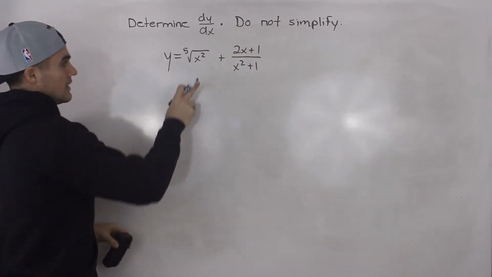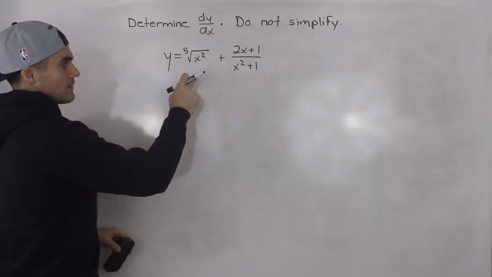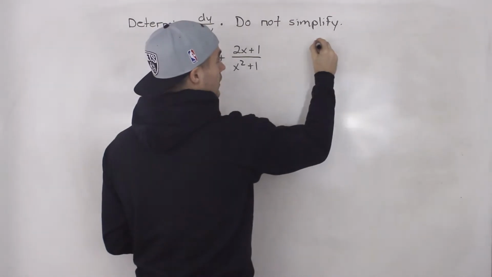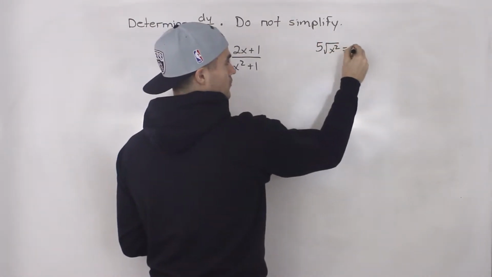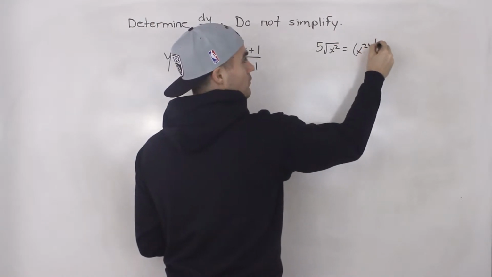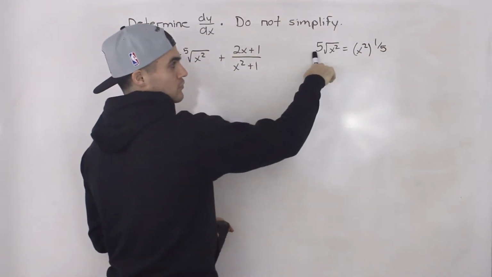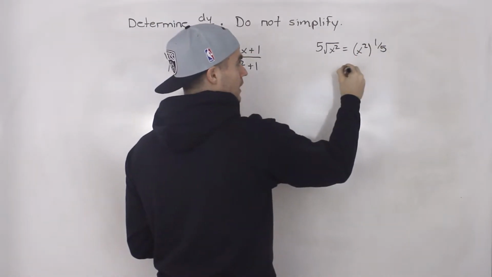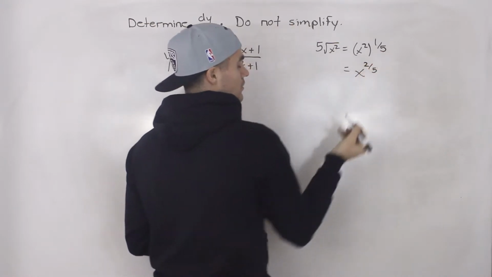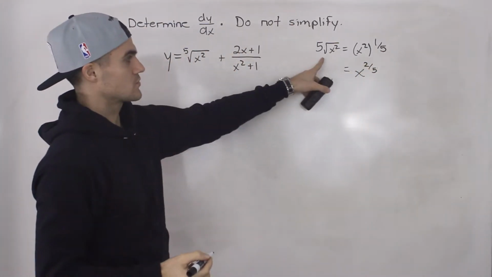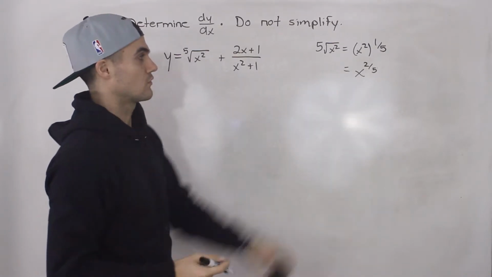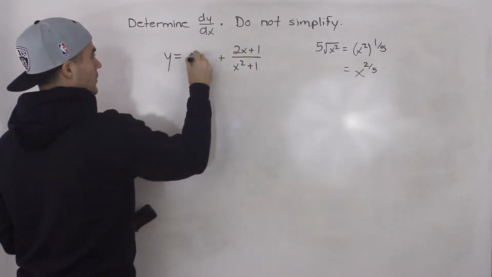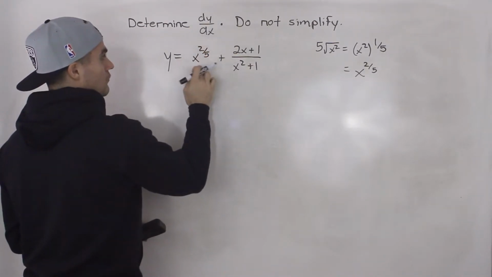expressions separately. Now, this fifth root of x squared, I like to take any radicals and change them to rational exponents. So the fifth root of x squared, we can rewrite that as x squared to the power of 1 over 5. Right? Fifth root of something is the same as that something to the power of 1 over 5. Then we could just multiply those exponents. So the fifth root of x squared is the same as x to the power of 2 over 5. So I'm going to write that here, and now I'm going to take the derivative of both of these